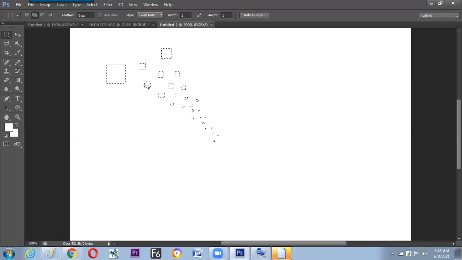But what is the equality in all? All are squares only. And this makes the design happen. Now start filling the color. The job is done. Hope we have understood how to use the fixed ratio. Is it okay? It makes a pattern.